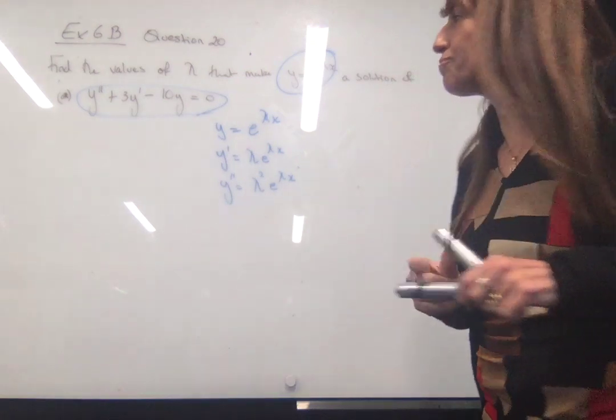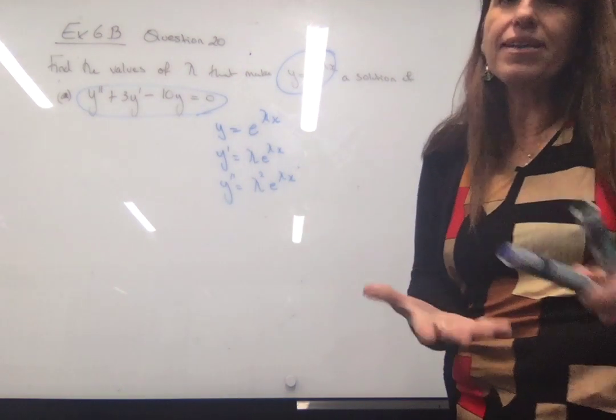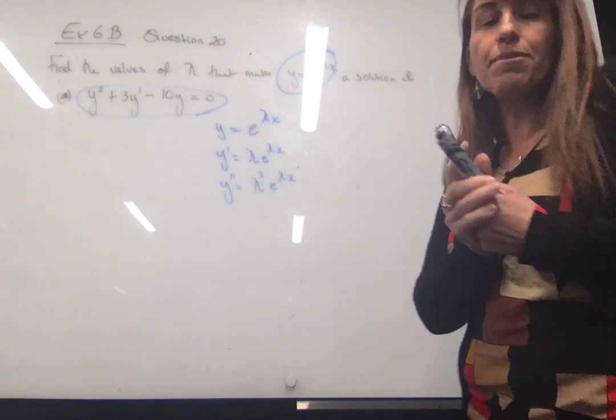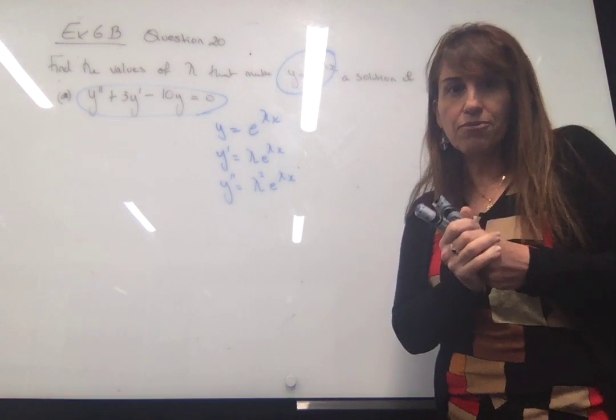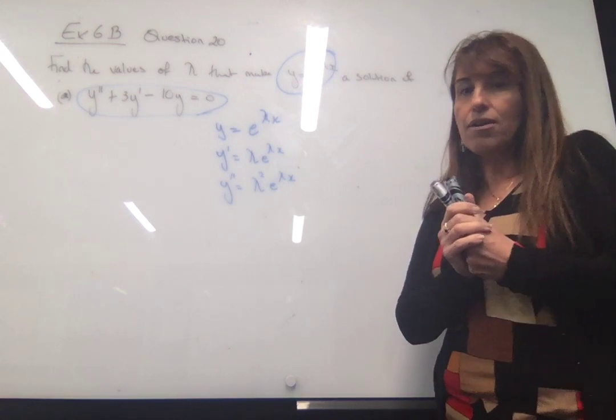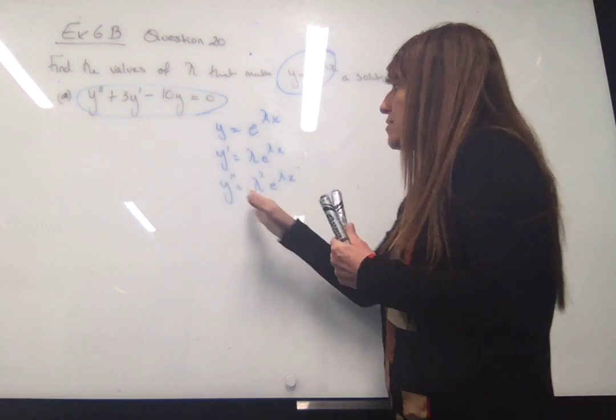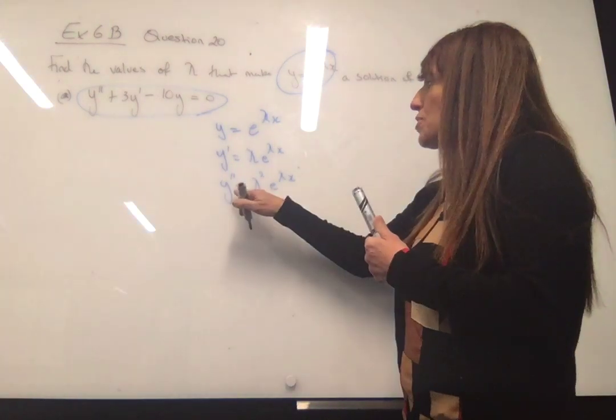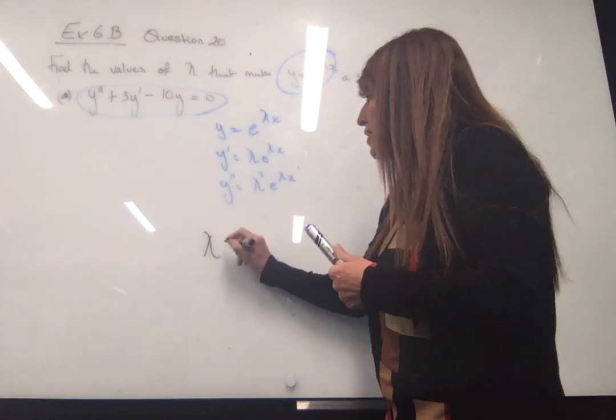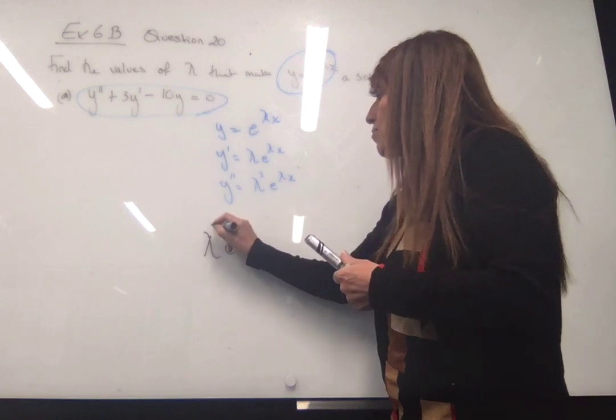This is part A of the question. I'm only going to do one part because part B is exactly the same, except that you have to use the quadratic formula. Okay, so now if we look at this, I now substitute second derivative, lambda squared e to